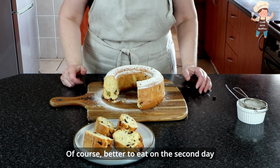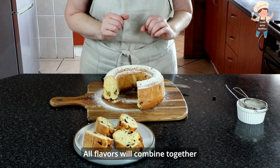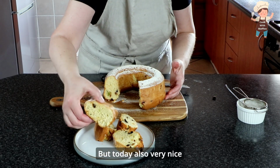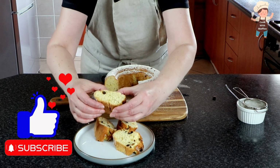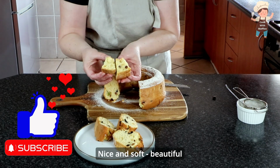Of course, better to eat on the second day. All flavors will combine together, but today also very nice. Nice and soft,